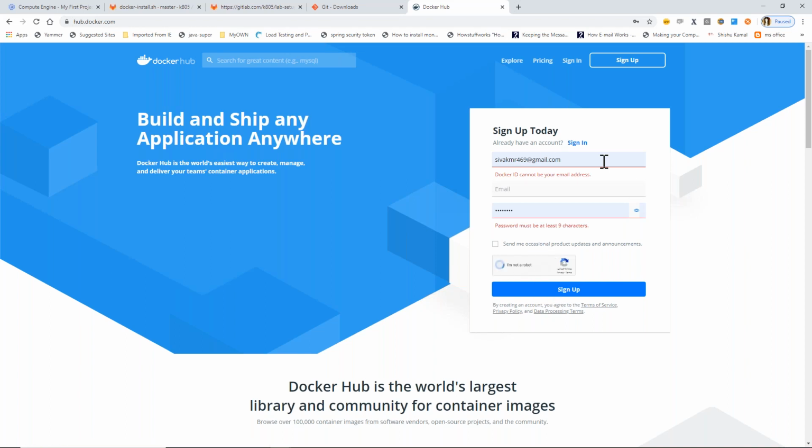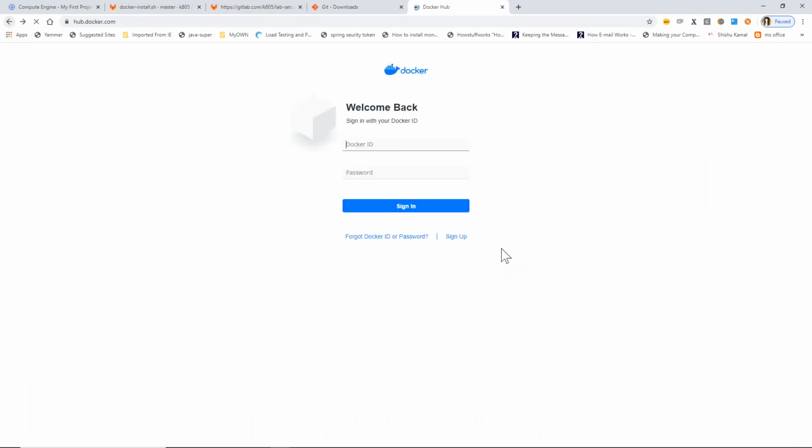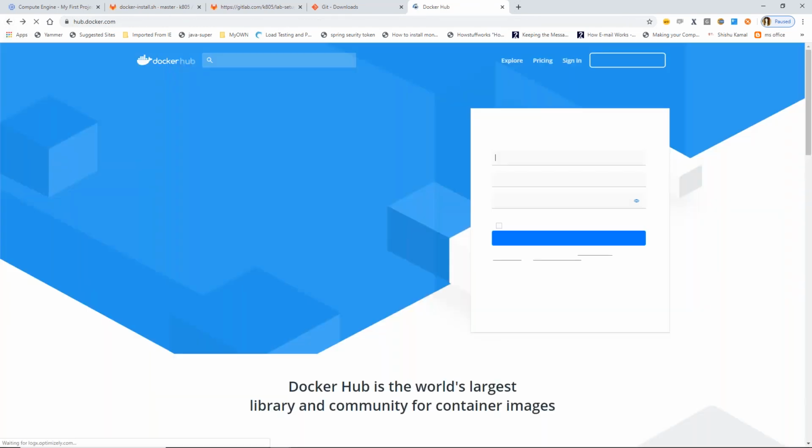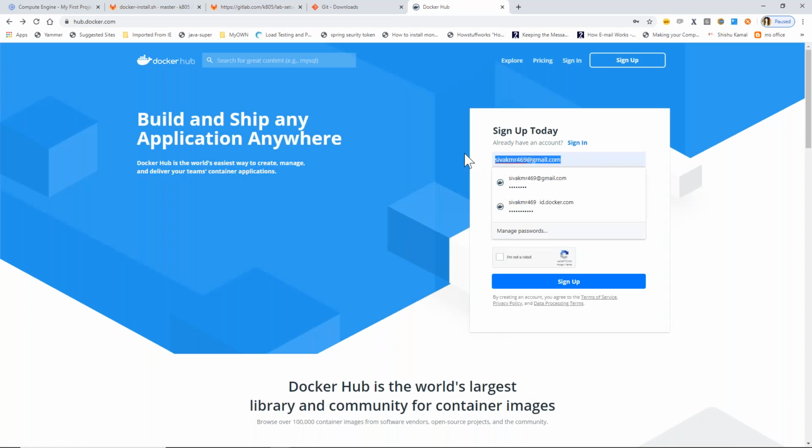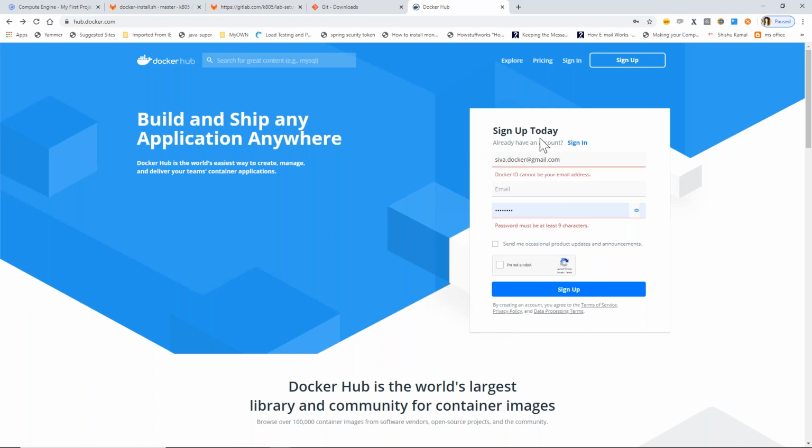Once you sign up, just sign in back, or I will use the new account. This is a newly created account, that's fine. Your username and your email ID.